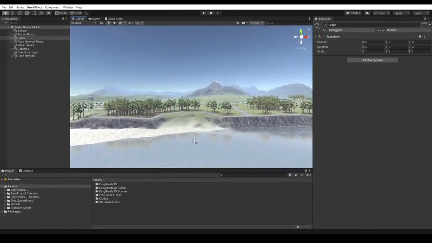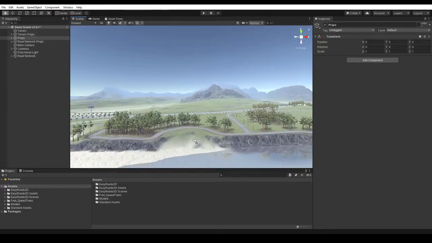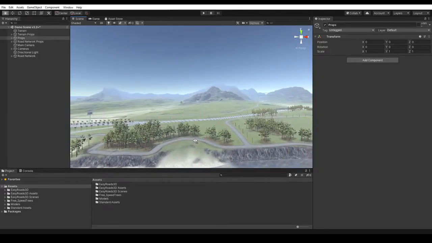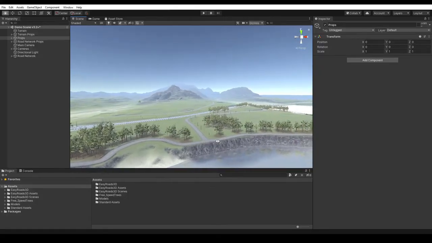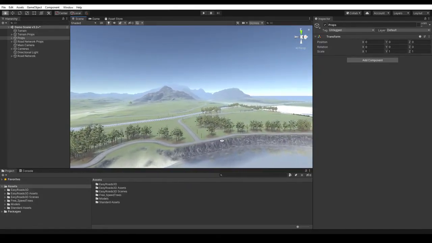Everybody, welcome to this introduction video for EasyRoads 3D version 3.2 and later. In this first episode of a new EasyRoads 3D tutorial series, we are going to look at the basics, the